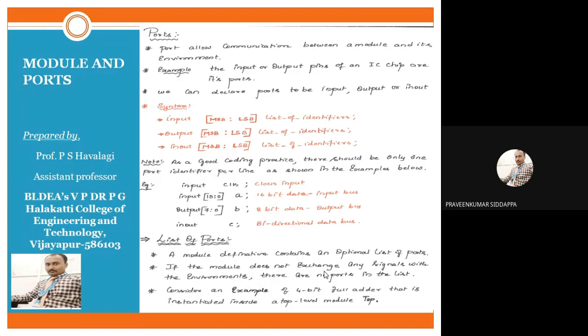After that, we have used the same standard pattern. You can check it: input, within square brackets MSB colon LSB, list of identifiers. Input is a keyword. The same input we have used in the second example: input 15 down to 0 A. Input is a keyword, and A is a list of identifiers, that is, a variable. That variable we have used 16 times: A0, A1, A2, A3. A is the same common name. Because of that, it should be 16-bit wide, and if it is 16-bit wide, we have to write it in this pattern.